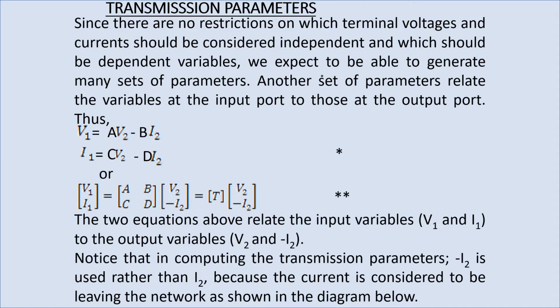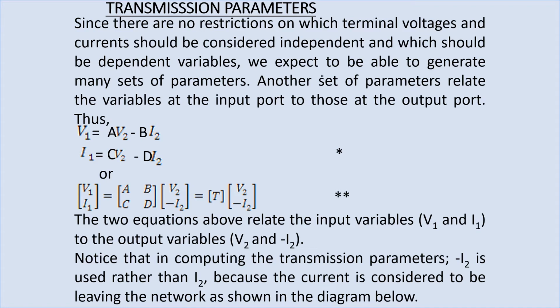Another set of parameters which we'll be considering is the transmission parameters, also known as ABCD parameters, in which we have V1 and I1, the input voltage and the input current, as our dependent variables, and V2 and I2 as our independent variables. So our transmission or ABCD parameters are